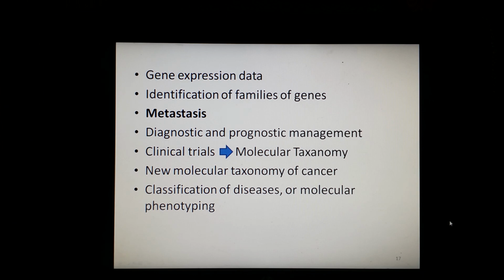Here, melanoma, the term I have been speaking of, is basically a type of skin cancer that develops from the pigment-producing cells known as melanocytes, and it typically occurs in the skin, but rarely occurs in the mouth, intestines, or the eye. So this is melanoma. This microarray-based expression profiling allows us to identify families of genes as well as the important molecular and cellular events that might be important in complex processes like metastasis. We have discussed it before. Practical applications of this technique in the future include diagnostic and prognostic management of patients.